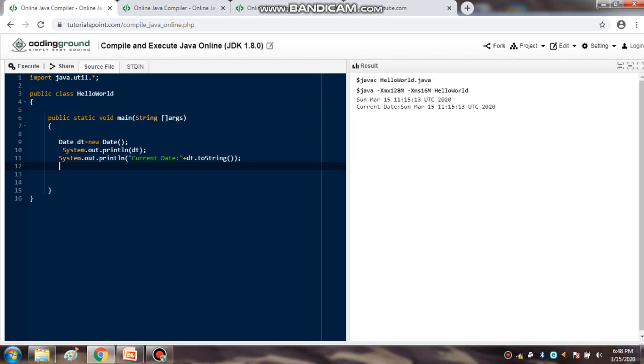current date using the Date object, and this particular time you have to convert it to string. So dt.toString() will convert the particular date to string format, which you can append to any particular statement. So if a particular statement is being used along with the display of the particular date, then you have to convert it to string and then display. Otherwise you can directly display it. So here I have displayed it in both ways, and I'm going to execute this.